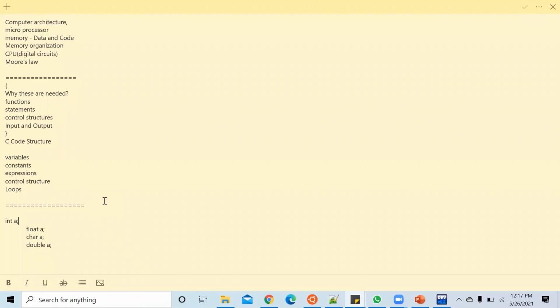Int means, what is an integer? An integer is a number, which includes 0, positive numbers and negative numbers. So the variable which is of type integer can hold any number including 0. I will ask you an example. Consider int A as the type name. What is the maximum value this int A can hold?